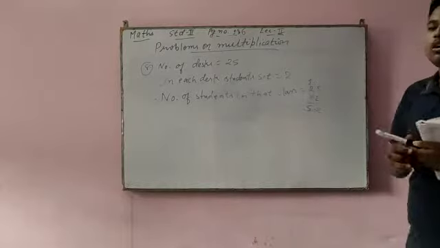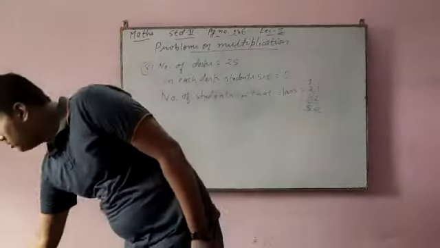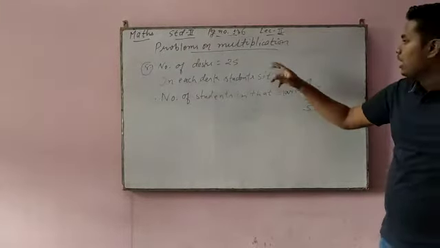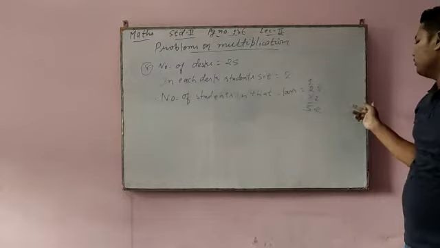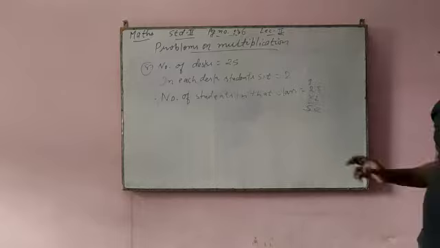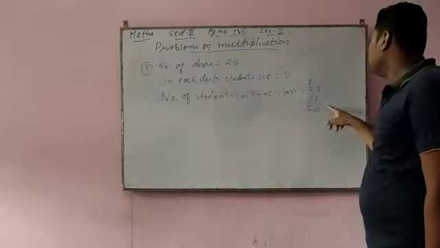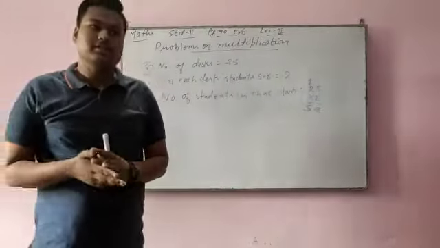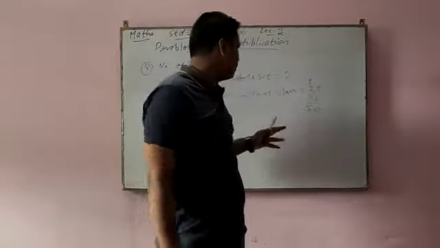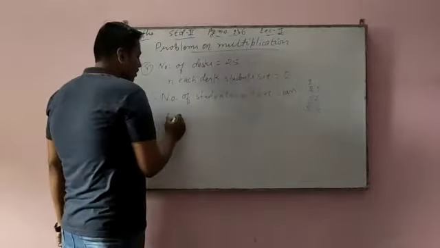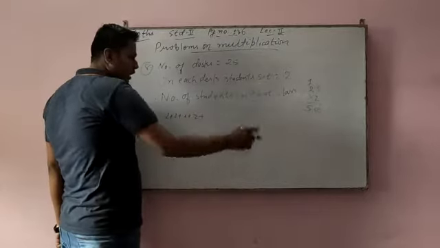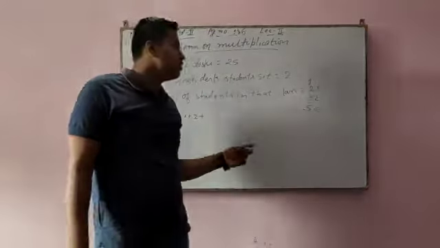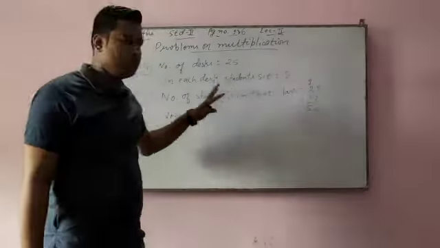Very easy. Or what you can do, there are 25 desks, so you simply add 2 plus 2, 4 plus 2, 6 plus 2, 8 plus 2, 10. Add till 25 and in the end you will also get 50. When you add, it takes too much time, but if you just multiply 25 into 2, you get 50. That's why I am always telling that multiplication is a repeated addition. 25 into 2 means 2 will be added 25 times, and you get 50. When you multiply directly 25 into 2, you get 50.